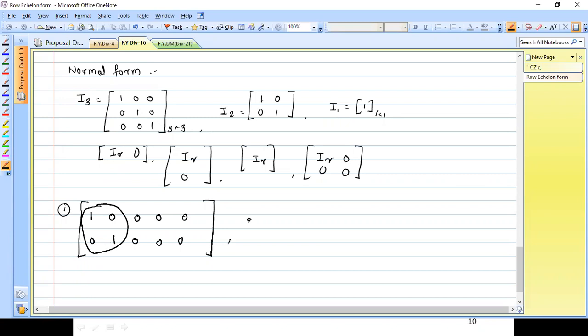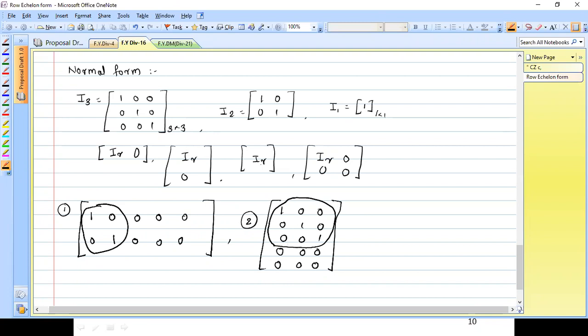In the second example, you may consider the same kind of matrix. So 1, 0, 0, 0, 1, 0, 0, 0, 1, and then we have 0, 0, 0 and 0, 0, 0. Can you please tell me what the rank is? Three. Why? Because it comes in the I3. You are getting I3 on top, and then you are getting 0, 0, 0 in all remaining rows. You can apply the knowledge of the number of non-zero rows also, that will also work here. But we are interested in I_r. What is r here? That r is nothing but 3, and that is your rank.